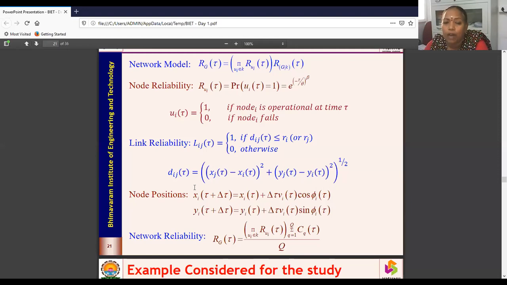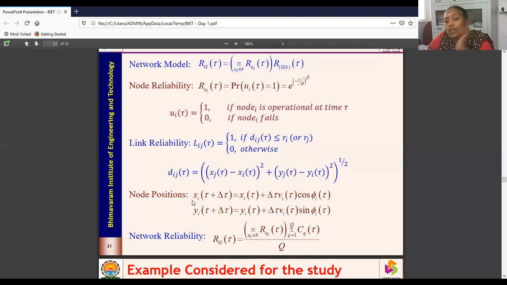Now after doing this, as I told you, mobile data networks are arbitrary networks. At every instant of time, your topology is changing. How it changes is based upon the mobility model which we use. In this particular example, we have used a random waypoint mobility model. I'll be explaining that tomorrow. So, the random waypoint mobility model. Here, these are the two equations which give your new x locations and new y locations.